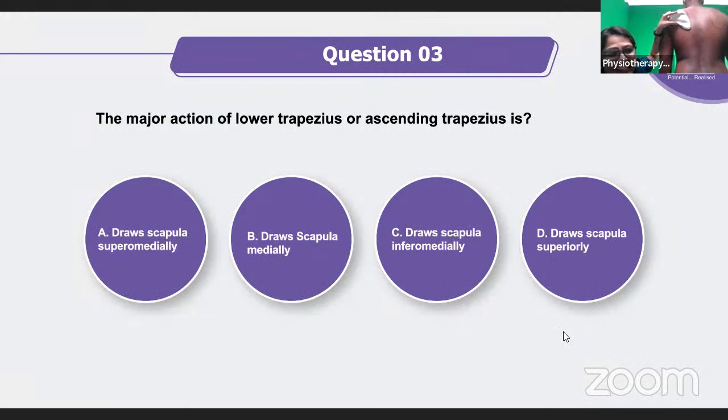Okay. I can see more of C's. I think you guys, lovely. I can see many C's in the comment section. Superiorly, superior medially, medially, inferiorly, inferior medially. Okay. So we have got enough answers. Nice to see you guys are commenting. You guys are giving correct answers actually. Okay. Now,